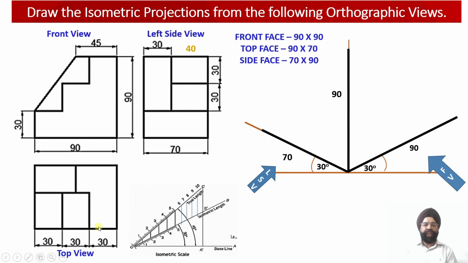So this length of the top web is equal to 30 millimeter, and this is the width of the web. As it is turning towards the left side, this width of the web also happens to be 30 millimeter. This information is available to us through the left side view. So this is the 30 millimeter width of this web. And another thing, as this web is turning towards the left, the length of this upper face will be equal to 45 millimeter,